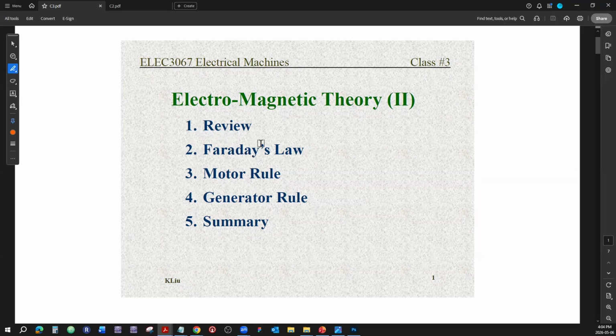Today we're going to talk about the review and Faraday's law, motor rule,